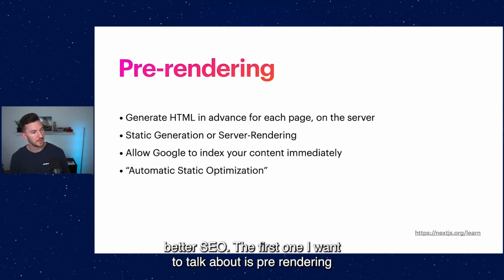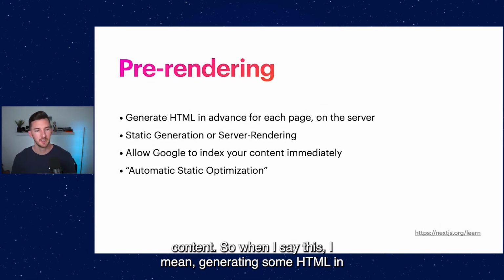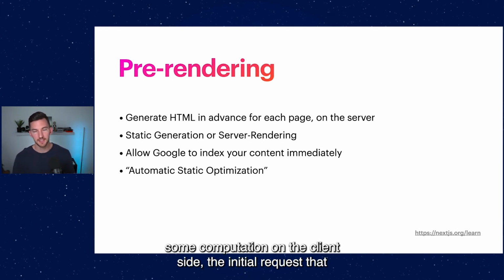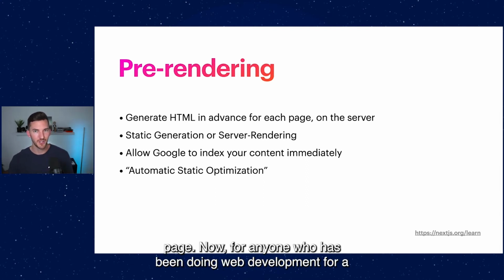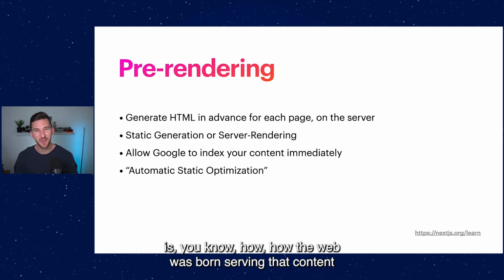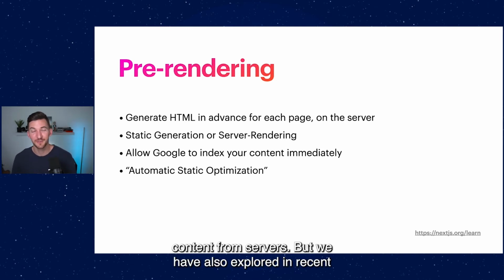The first one I want to talk about is pre-rendering content. So when I say this, I mean generating some HTML in advance on every page from the server. So rather than doing some computation on the client side, the initial request that comes with the server is including the markup on the page. Now, for anyone who has been doing web development for a long time, we're not reinventing the wheel here. This is how the web was born, serving that content from servers. But we have also explored in recent years doing things with client-side rendering as well, when single-page applications became